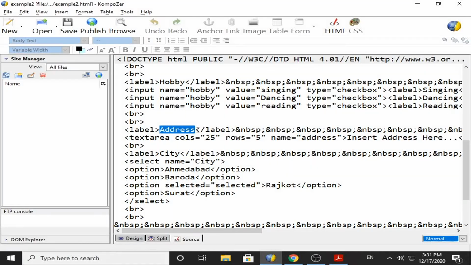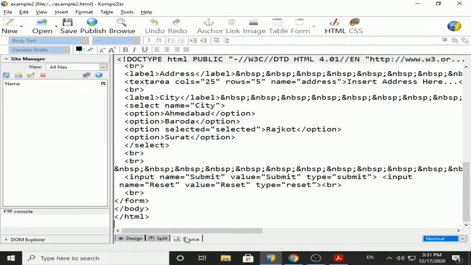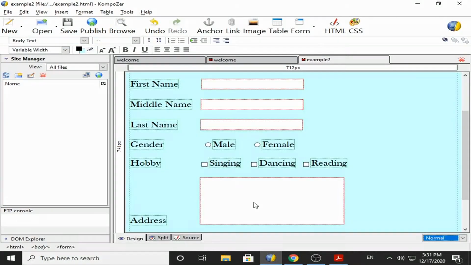If you notice in design view, we need to remove "insert address here". This part we require to remove. So we will remove "insert address here", this portion. So now it becomes only textarea and slash textarea. And see, the work is done.